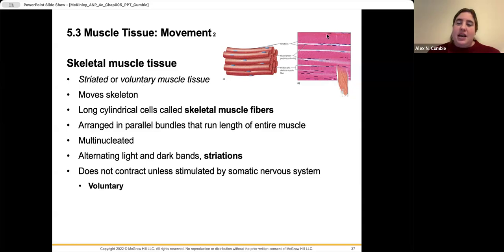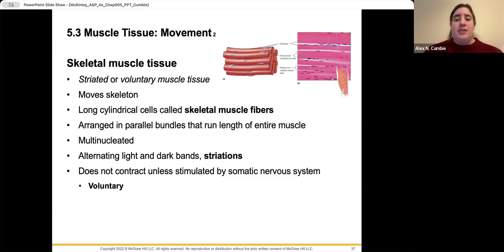So it has these longitudinal lines that you can see in the tissue because when the muscle contracts, it moves like an accordion across each other. This type of muscle is attached to the skeleton, which is why it's called skeletal muscle, and it actually moves the skeleton. We control this movement, which is why we would call this type of muscle voluntary, meaning that we